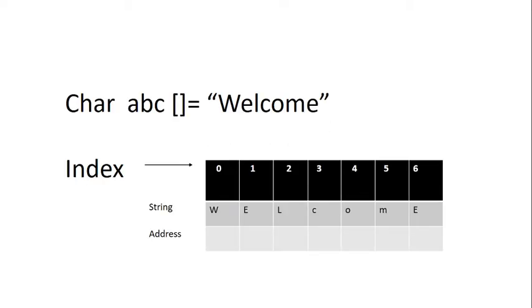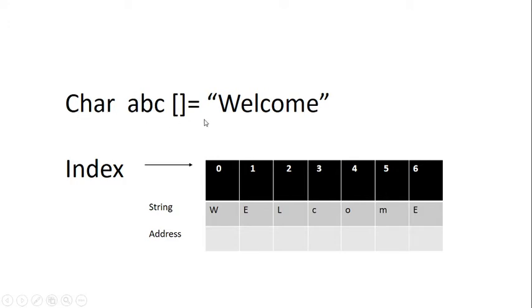In this session, we will understand strings in the C language. Now, strings are defined as a set of characters. The difference between a character array and a string is that a string terminates with a specified character, that is \0.